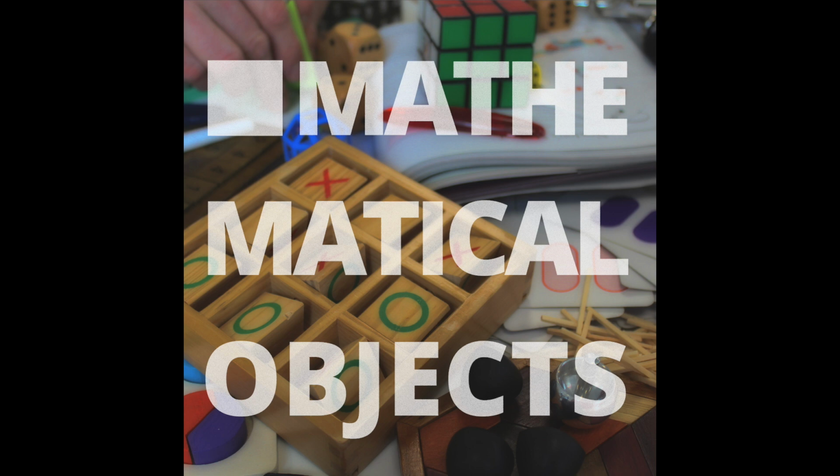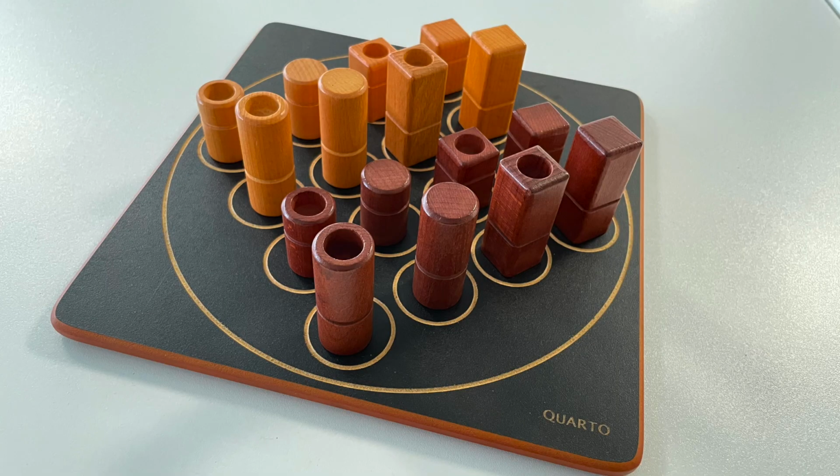And Peter, what is today's mathematical object? Well, today I have a game. When we started a podcast about mathematical objects, obviously one of the first things I thought of was the game Quarto. And here we are, 6 seasons in, finally getting around to doing Quarto. Yep. For some reason. Quarto is a game, if you don't know it, it's this...